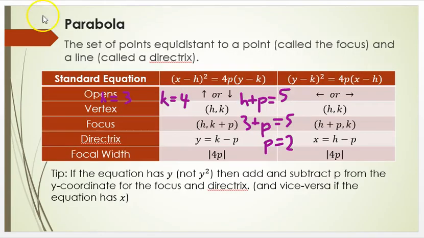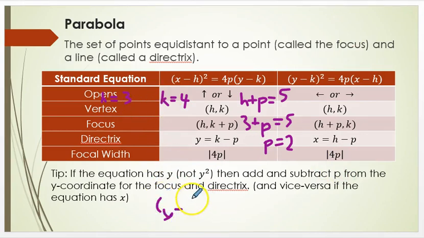So now coming back to the slide that has all of our rules, I'm still focusing on this column on the right. Now I know what the h, k, and p values are. Those are the only variables we actually want to plug in. We want to leave x and y as x and y. So now I have everything I need to plug in those other numbers, and I'll leave this up while I write it. So this is going to be y